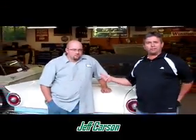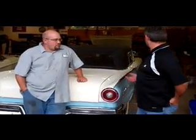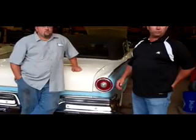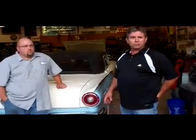This is my buddy Jeff. We're here in Beaver Creek, Oregon. I've known Jeff for probably 5 years now. He's another revhead, gearhead, full-blown fabricator, can do it all. This is one of his projects that he finished up. He had it completely stripped down to nothing, repainted it, put a 428 in it, redid the interiors. You'll see a little bit later as Rick comes around and shows some of the inside